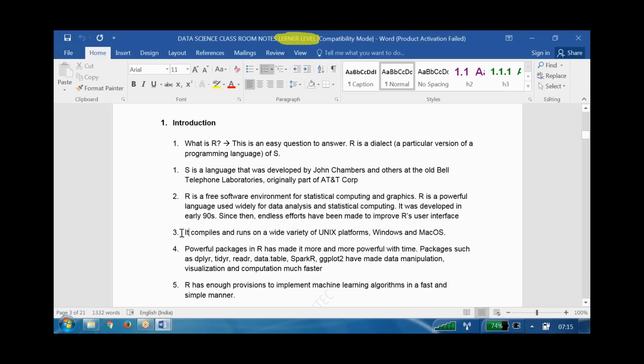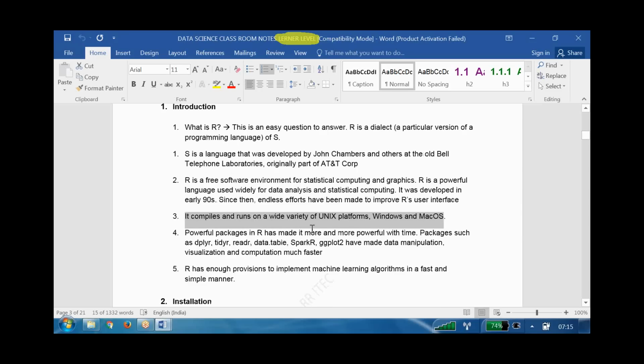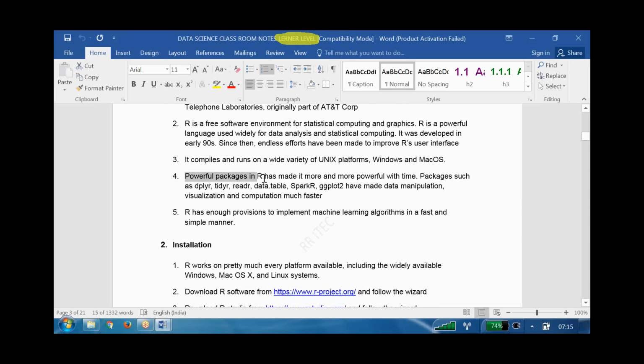Now, it runs on a wide variety of Unix platforms, Windows platforms, even Mac OS also. Whatever the operating system is, it doesn't matter, it is going to run anywhere. Powerful packages in R have made it more and more powerful with time. Packages such as